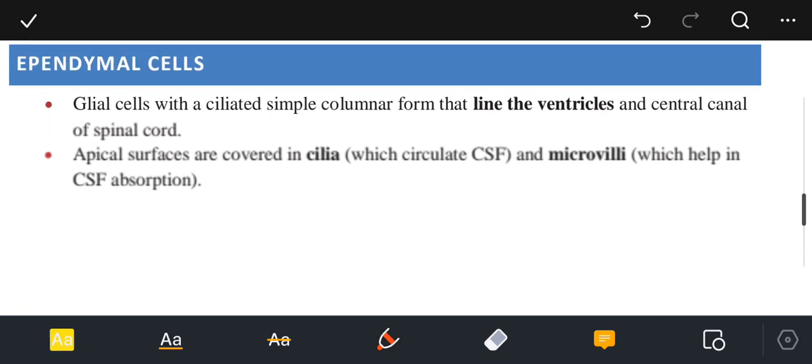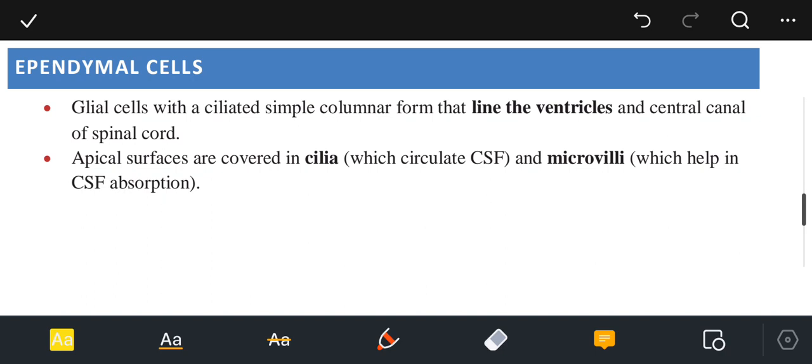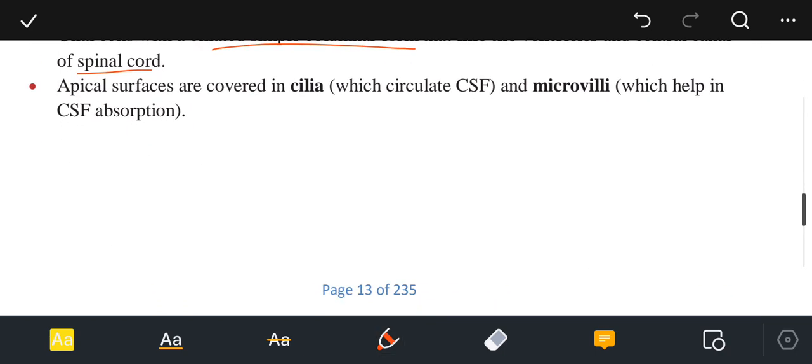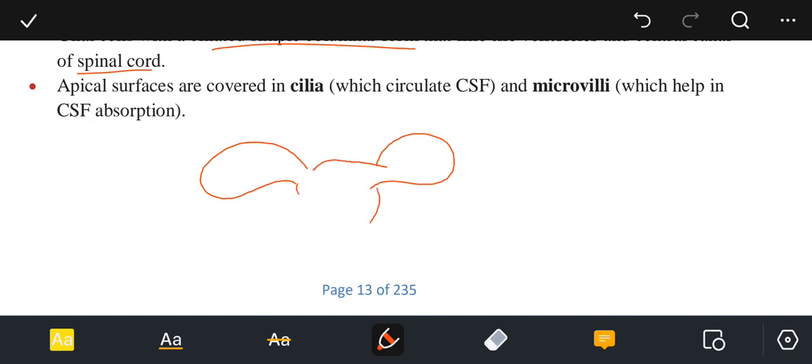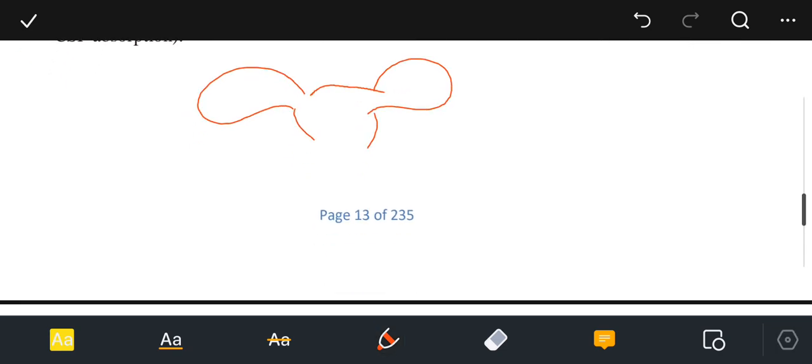The next point is about the ependymal cells. The glial cells with a ciliated simple columnar form that line the ventricles and central canal of the spinal cord. So ependymal cells are present inside the ventricles. If I'm talking about the ventricles, there are 4 ventricles. There is one lateral ventricle and another lateral ventricle. Both of them are connected to the third ventricle by the foramina of Monro. Then the third ventricle is connected by the cerebral aqueduct of Sylvius to the fourth ventricle, the diamond shaped ventricle,